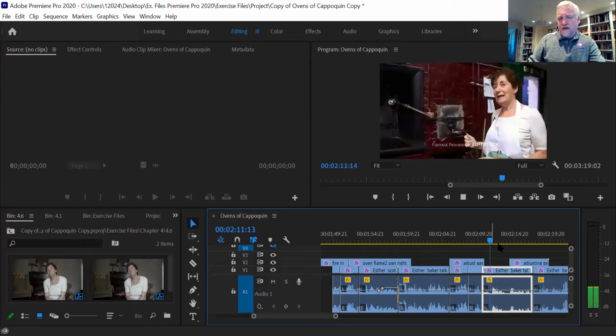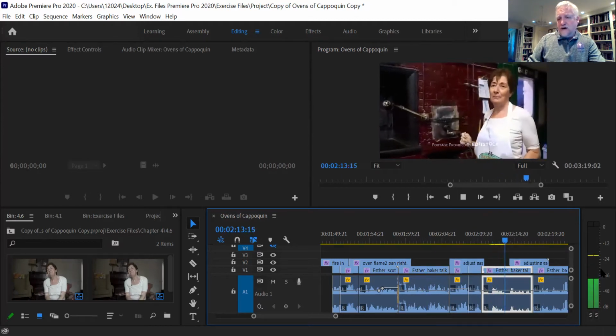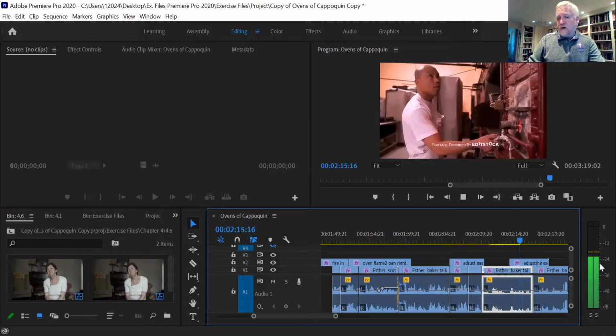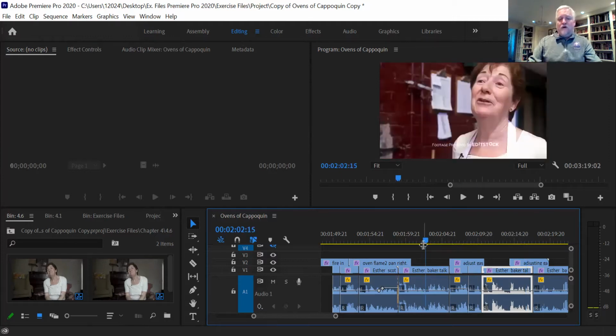I go and I play that, and now I'm peaking at minus 24 instead of minus 12. So I'm essentially 8 decibels too low. So I can control Z out of that. I go back to normal. It looks normal. Okay, so now I want to talk about manipulating volume controls as part of an audio mix,